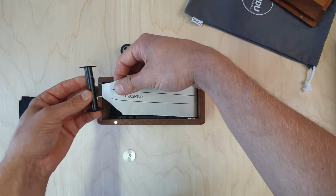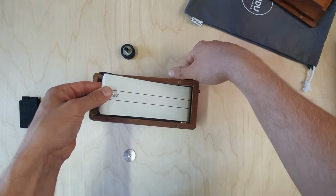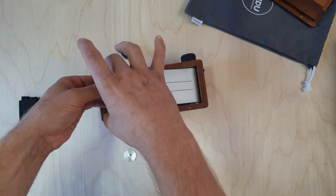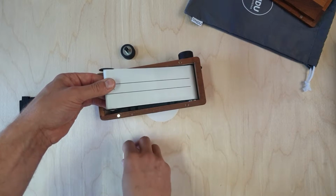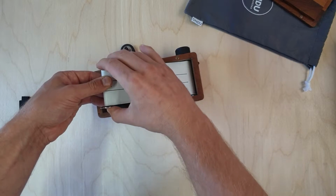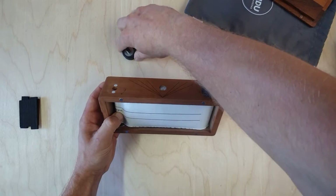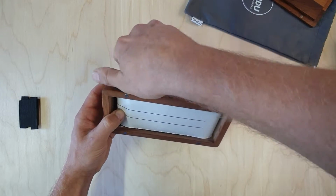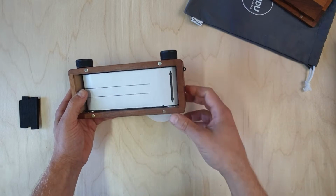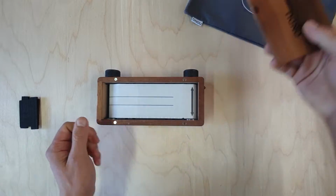Then we take our take-up spool and we thread the leader of the backing paper, and we turn it, let's say, almost one full turn so that it engages. And we take the second supplied winding pin, guide pin, and we load everything into the left side of the camera. We lock it again just like on the right side, and we stop when we get to these arrows. You shouldn't wind further than this. Now we're gonna